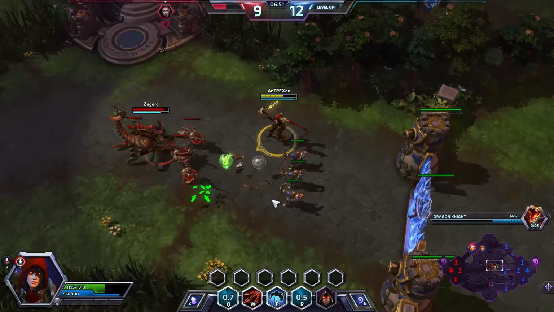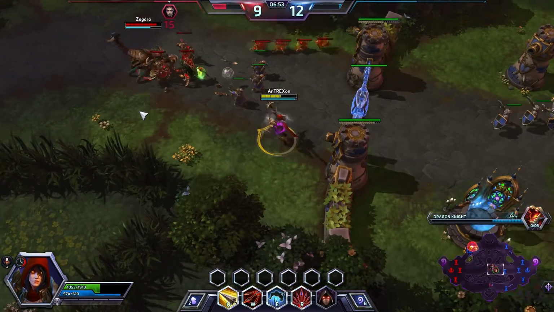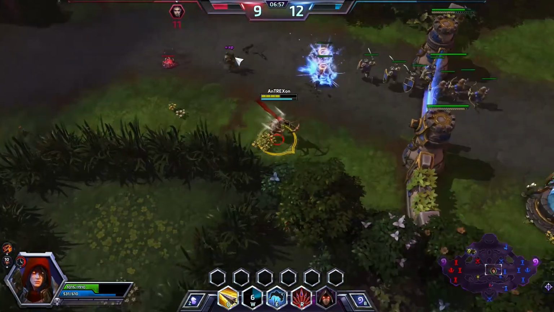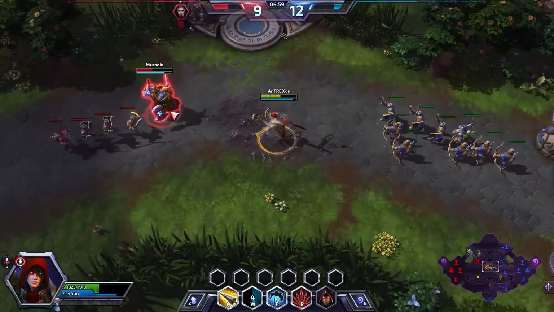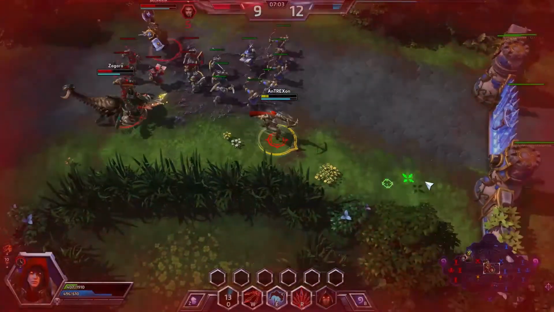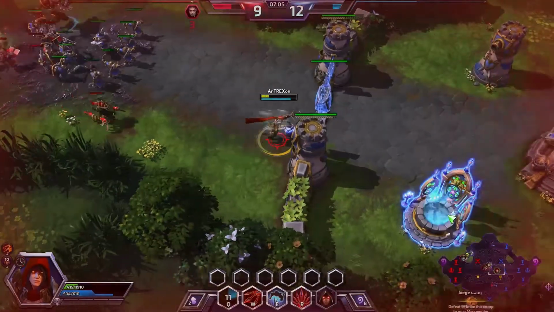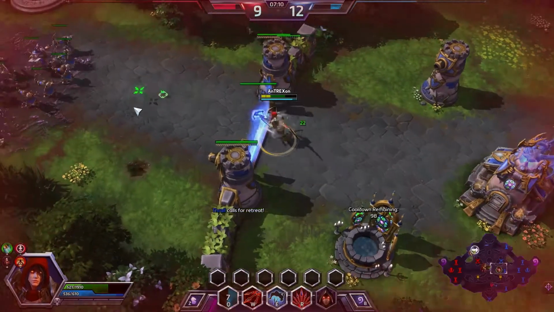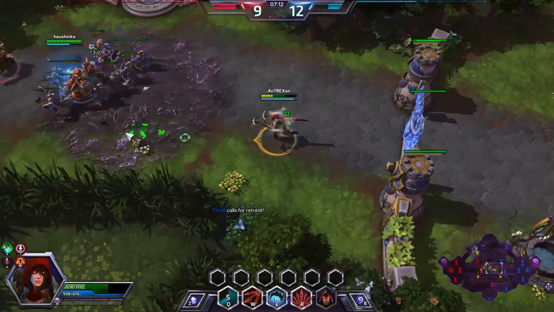Because my speed now, because of 10 stacks, is ridiculously fast. So I've taken that upgrade that gave me more speed. So now I can run after him, and he has no chance of running away. Almost no chance. Unless there's 2 of them, of course. But basically, with all of these talent upgrades, you become ridiculously powerful as an assassin. You become really fast. And right now I'm going to use my...